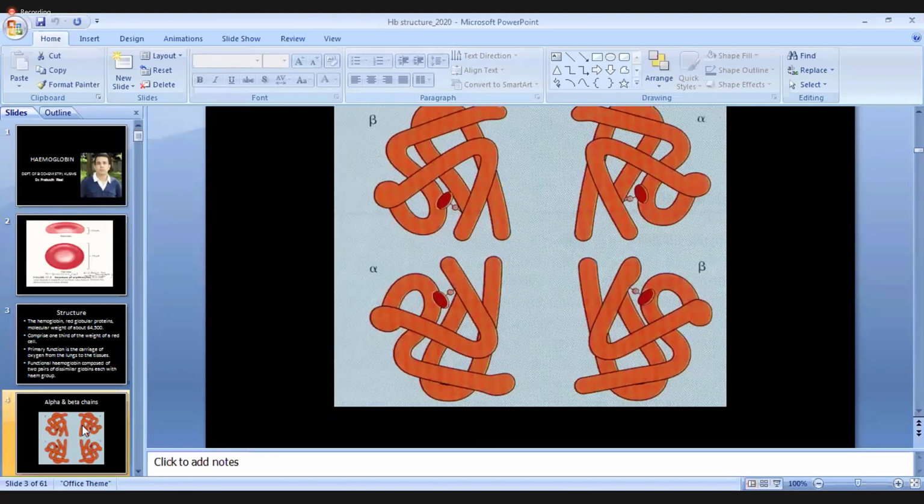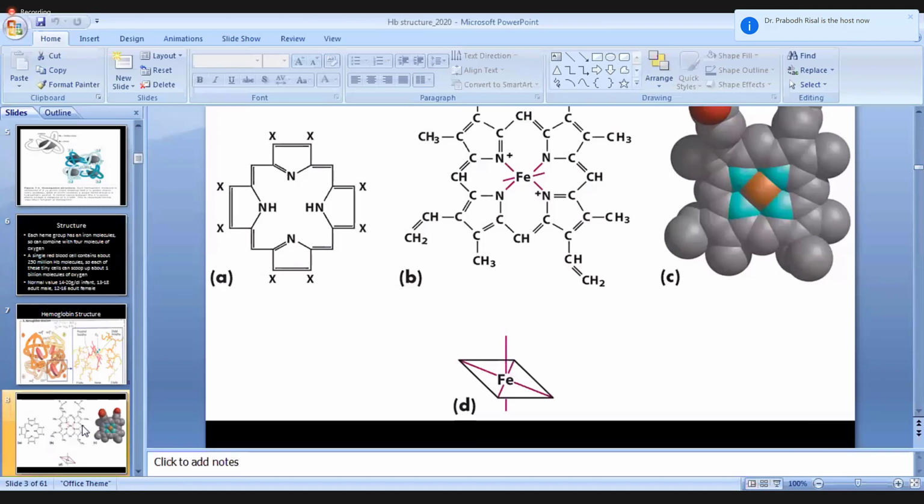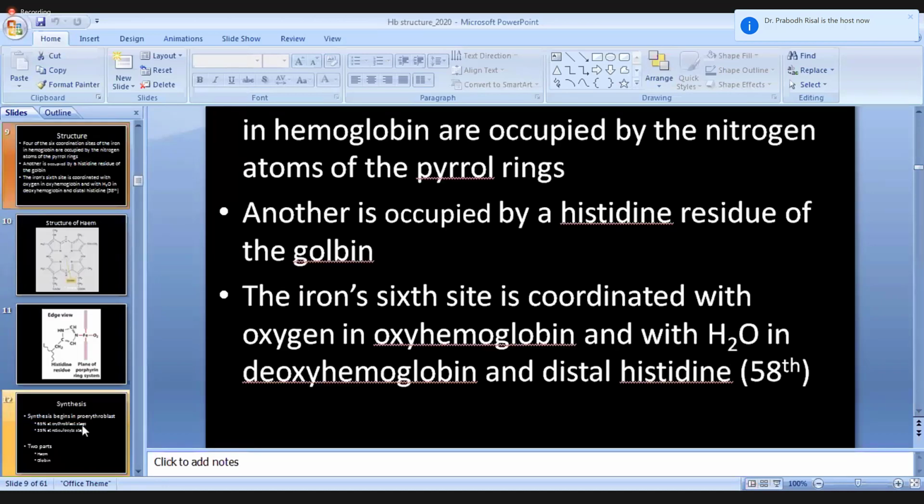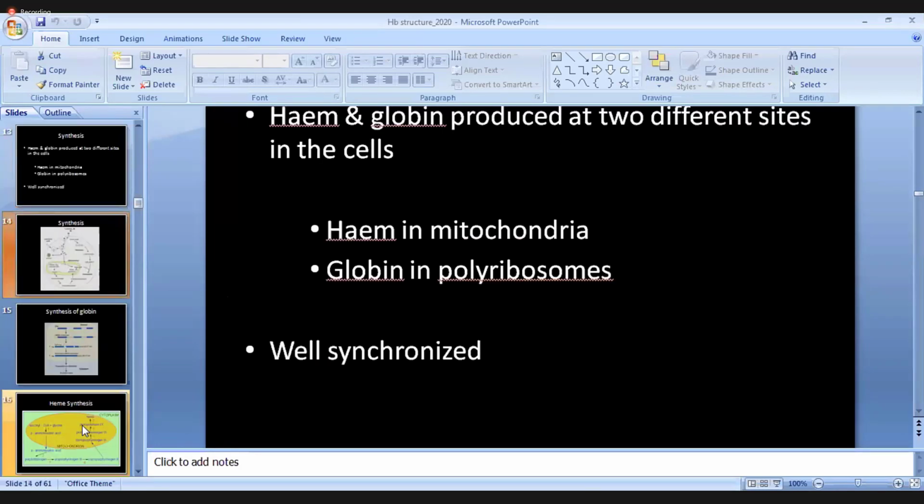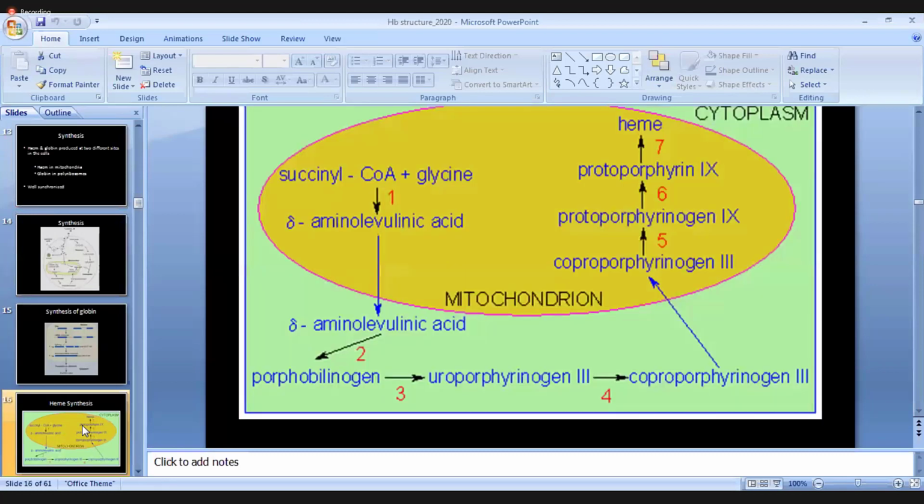So last time we studied the structure of hemoglobin. Today we will study the structure and function relationship of hemoglobin. What structure imparts the characteristics of hemoglobin? That is very important. Which structural characteristics impart the functional properties of hemoglobin is very important to understand and to know, because